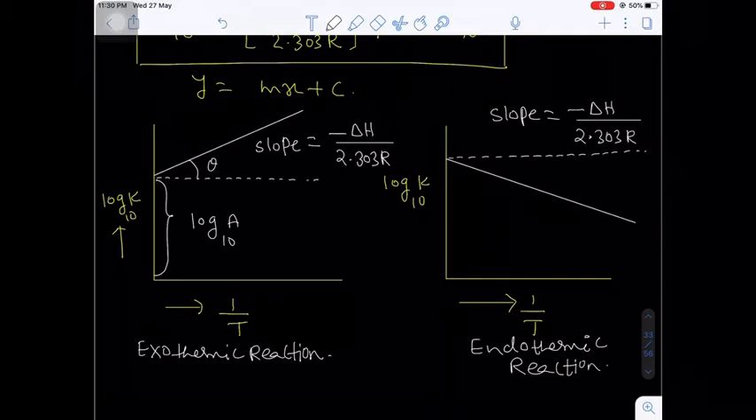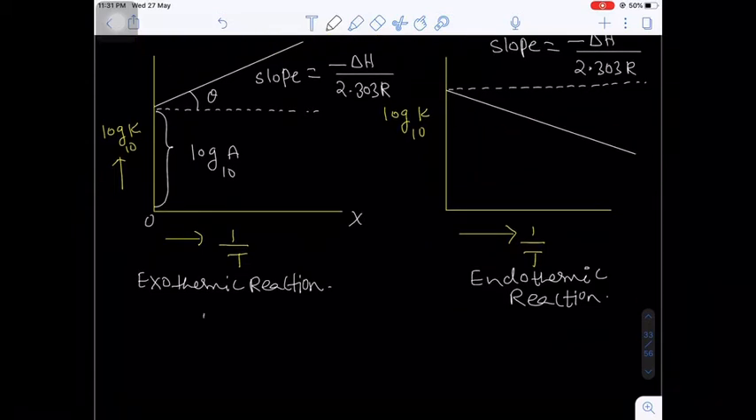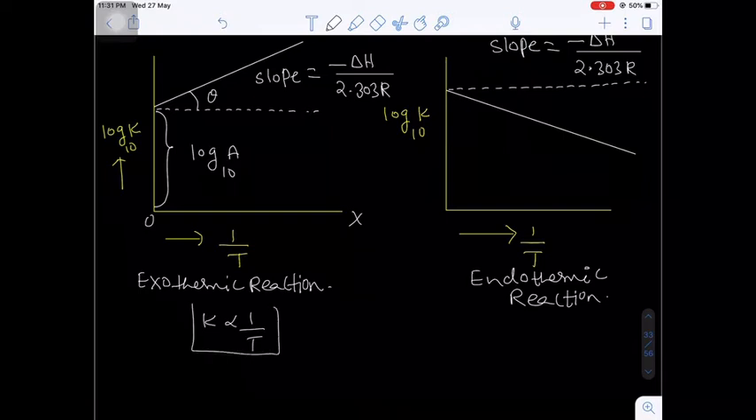Endothermic reaction. Now, suppose you have any doubt to identify which is exothermic and which is endothermic, I will tell you one simple trick. On the x-axis, if you move from 0 to far away, what happens to the 1 by T value? It increases. 1 by T increases means T decreases. T decreases, but here log k increases. Log k increases means k increases. T decreases, k increases. That means k and T are inversely proportional. That means this is